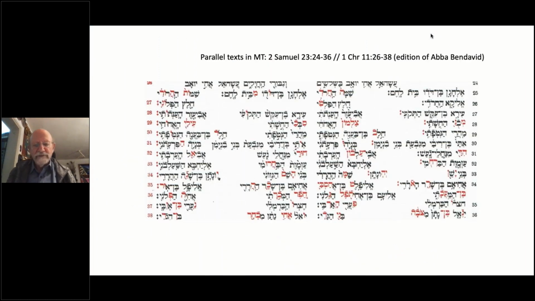Here, as an interlude, I show you some differences. You might call them variants, but they're really not variants, but it's at the level of variance of internal Masoretic differences. This is a photograph from an edition of Abba Ben David, not available on the internet, and much needed for the study of parallel text in the Bible. And you see very easily how the details in the text